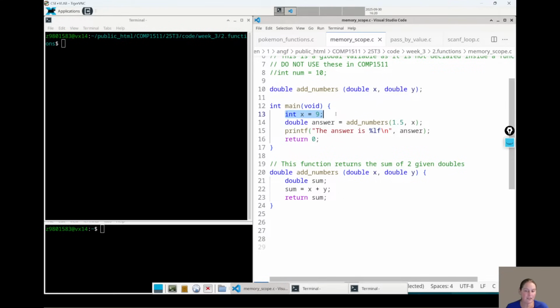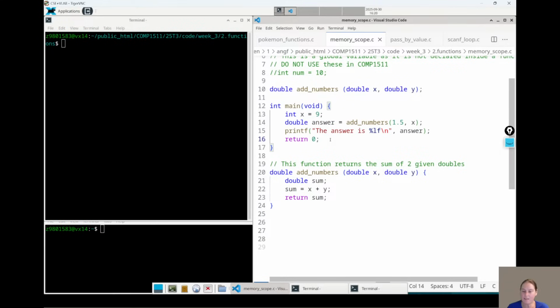But anyway, when we declare a variable, we're able to use that anywhere between where we declared it and the next closed curly bracket. So this variable x exists within this block. This variable called answer exists in this block as well.